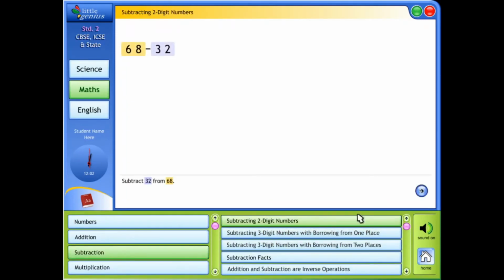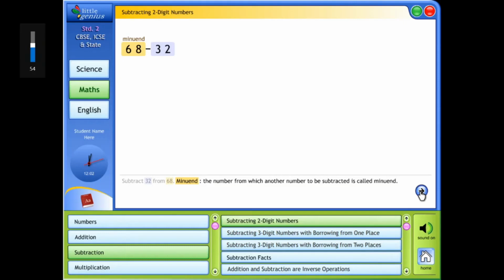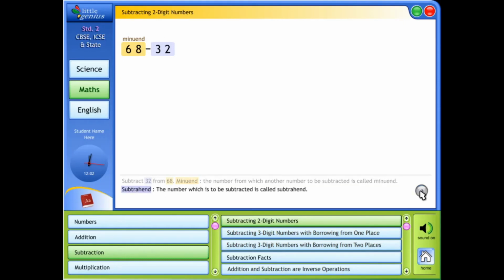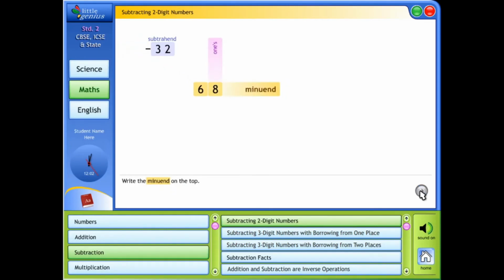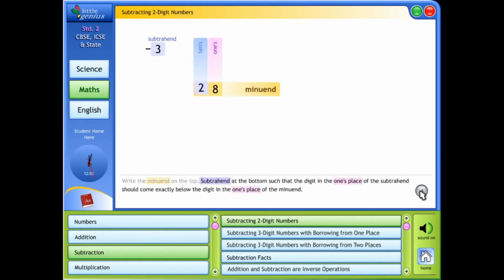Subtracting two-digit numbers. Subtract 32 from 68. Minuend: the number from which another number is to be subtracted is called minuend. Subtrahend: the number which is to be subtracted is called subtrahend. Write the minuend on the top. Subtrahend at the bottom, such that the digit